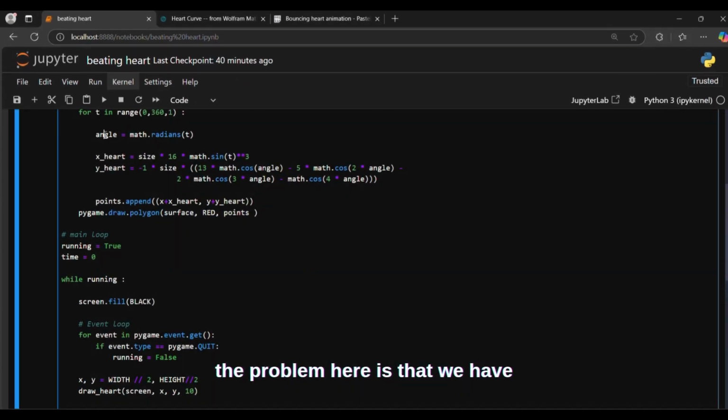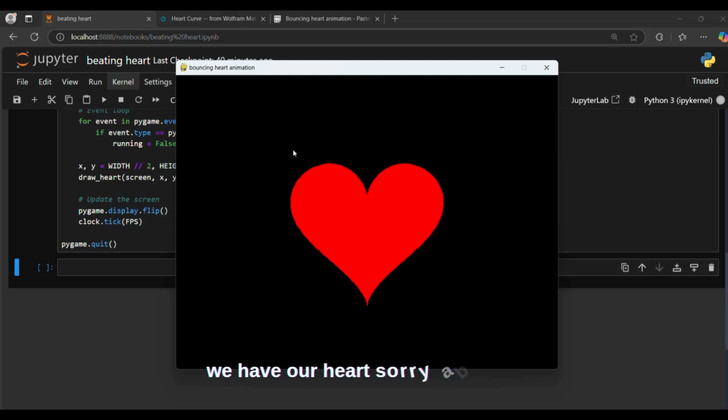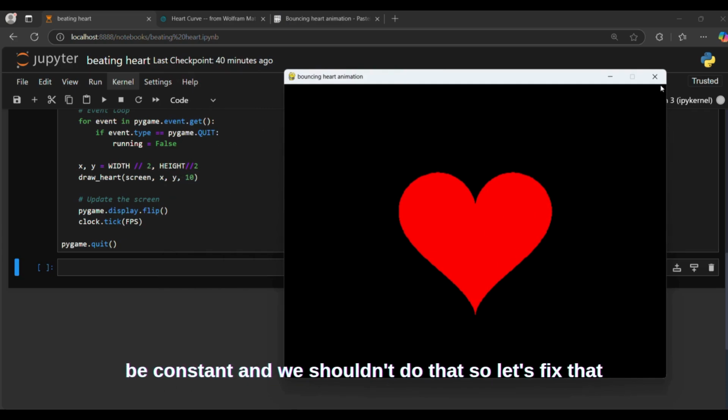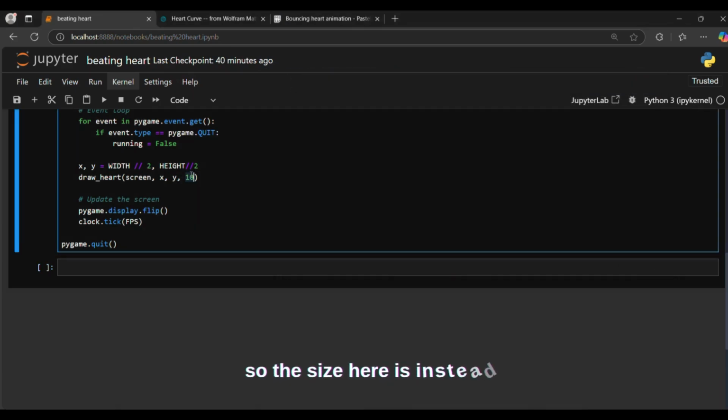The problem here is that we need to specify the angle here. So we have our heart. Sorry about that. But the problem is the heart is not bouncing. That's simply because we specified a width to be constant, and we shouldn't do that. So let's fix that. So the size here is instead a variable